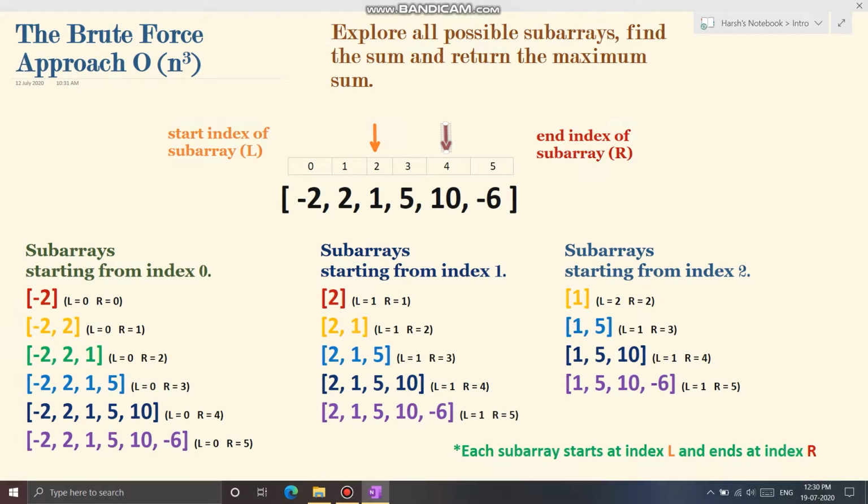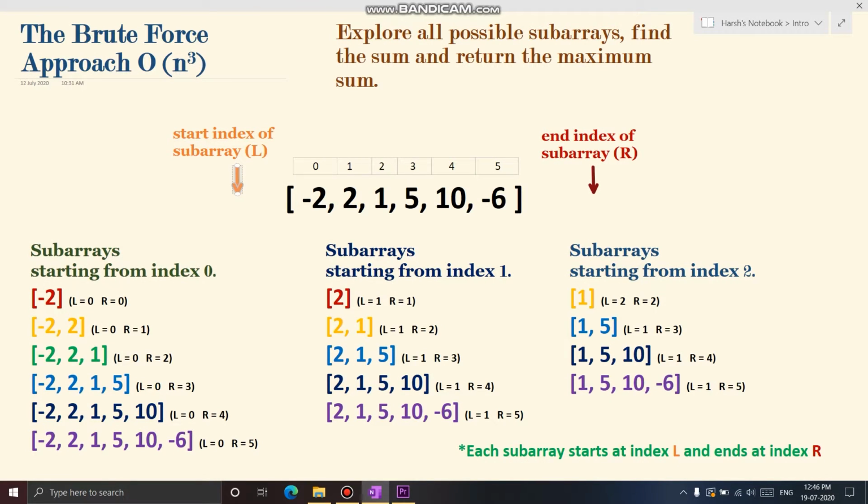Let's see how. First, we are going to produce all possible subarrays that start at index 0. If a subarray starts at index 0, then it may end at index 0 itself. In this case, we have a subarray of length 1. Or the subarray can end at index 1, and in that case, we have a subarray of length 2.